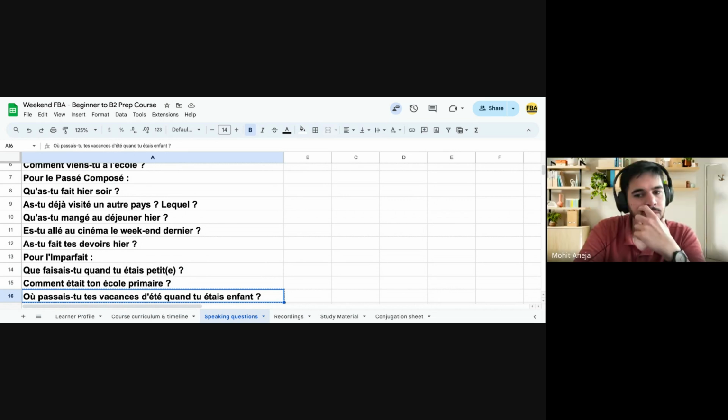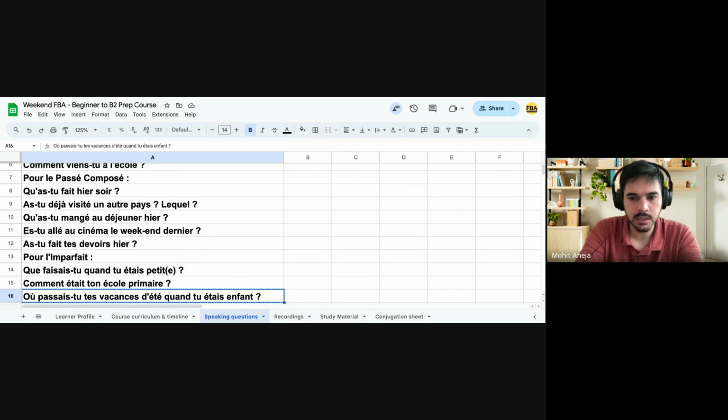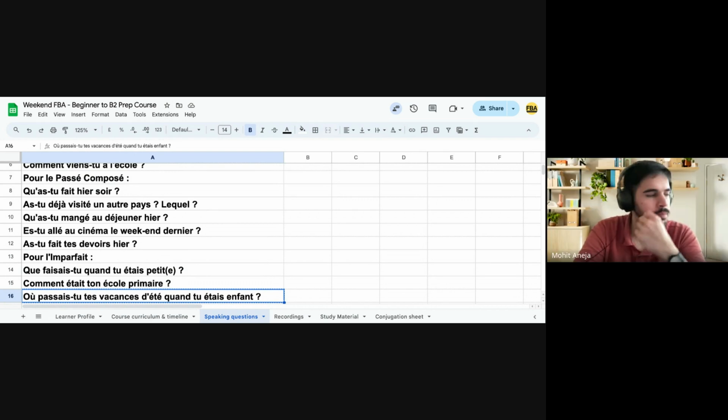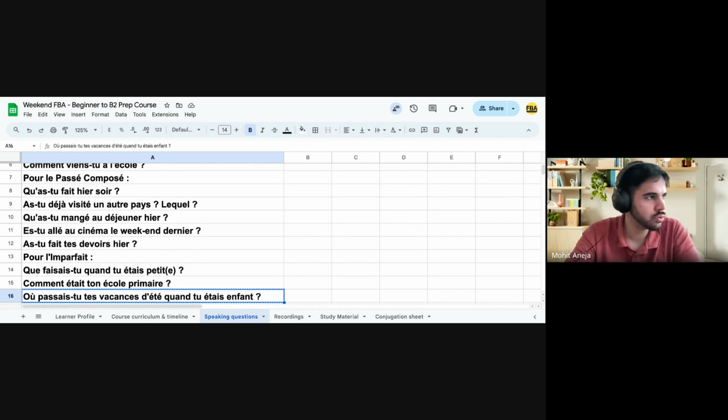I have written this in the chart. Now, nous allions aux endroits religieux. Okay? Endroit is masculine, so we will put religieux. What does this mean? Nous allions. What tense is that, Iswarya? This is imparfait. Imperfect. So we used to go to religious places. Okay. Oui. Nous allions aux endroits religieux. Religieux, désolé.